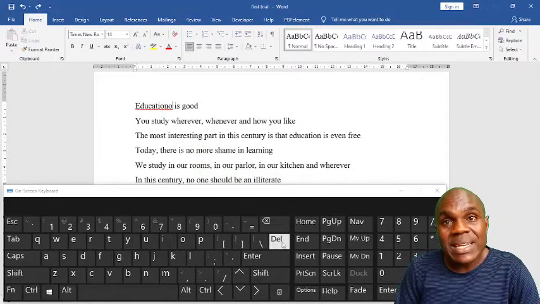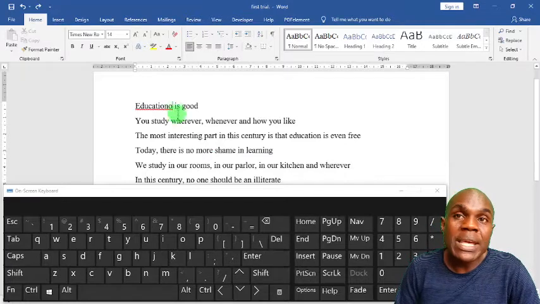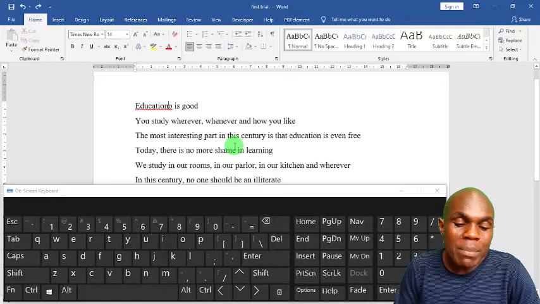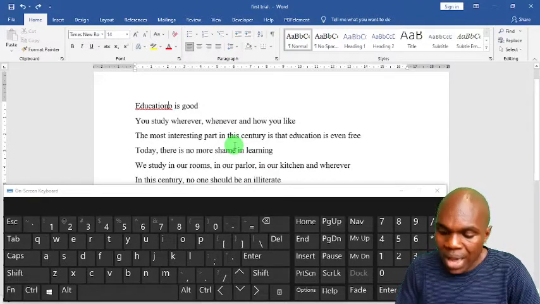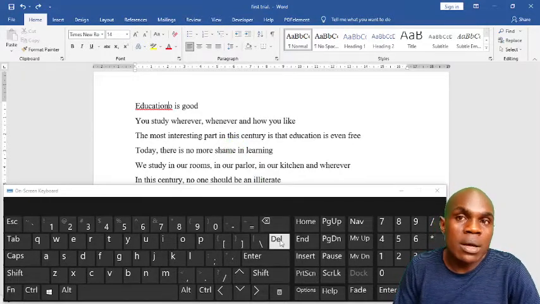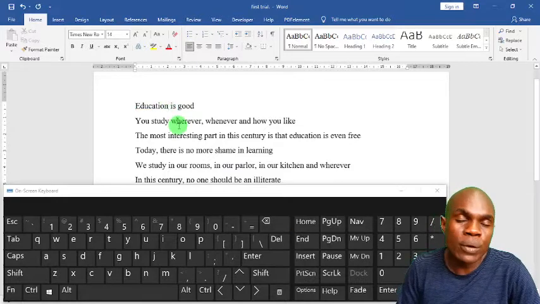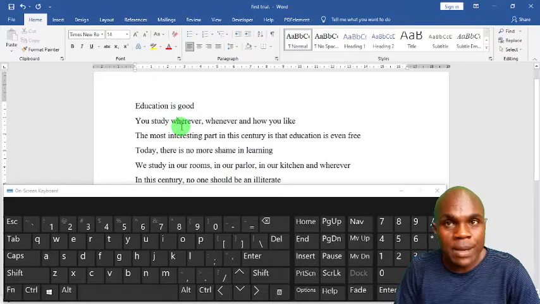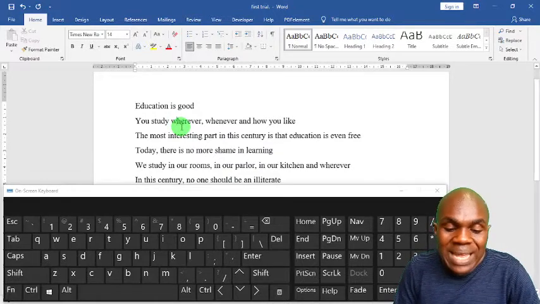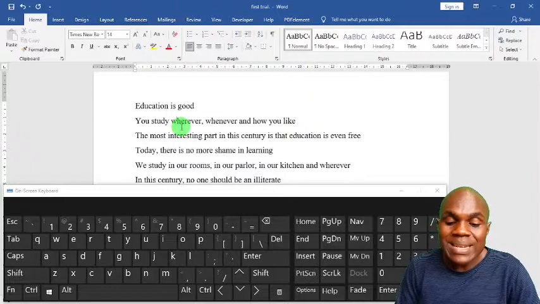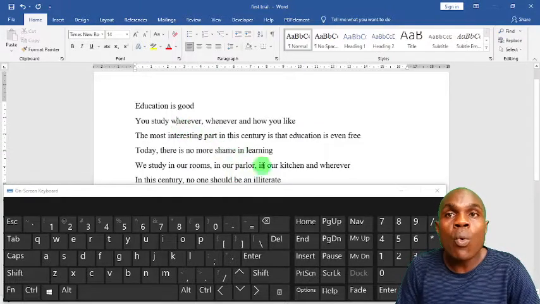For me to use the delete key, I will have to put my blinking cursor before the letter O. If I put my blinking cursor before the letter O, I can now use the delete key on my keyboard to remove the letter O. Those are two ways for you to remove a letter. Again, if I realize that there is an entire word that I don't want to be there,